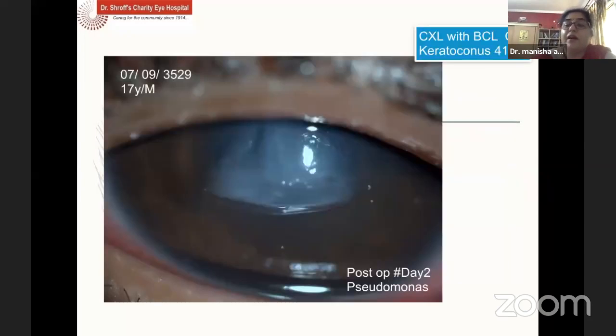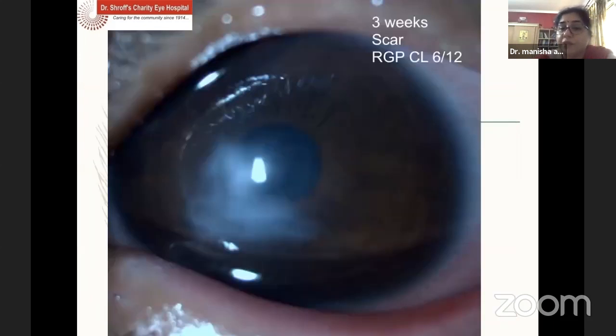Sometimes we have very difficult situations, like this patient, day 2 post-C3R, and this was around 5 to 6 years back. Post-C3R, the patient had the start of an infiltrate, with a very ground glass appearance of the epithelium, which was not common. We went ahead and did the corneal scraping, and on the second day only we found that we were dealing with a gram-negative organism. We started the patient on topical antibiotics, and the patient did respond to the medications and scarred.